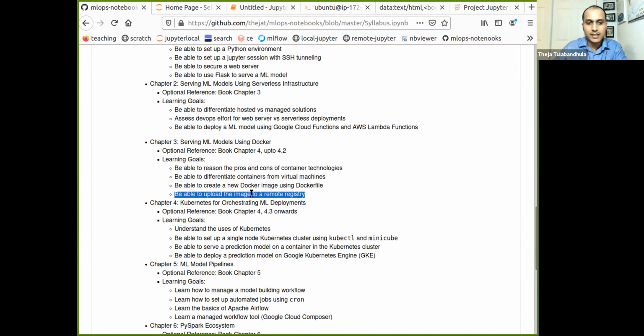What we did not cover last time is how to upload these images to a remote registry. It's the equivalent of a repository, basically. One example is hub.docker.com.